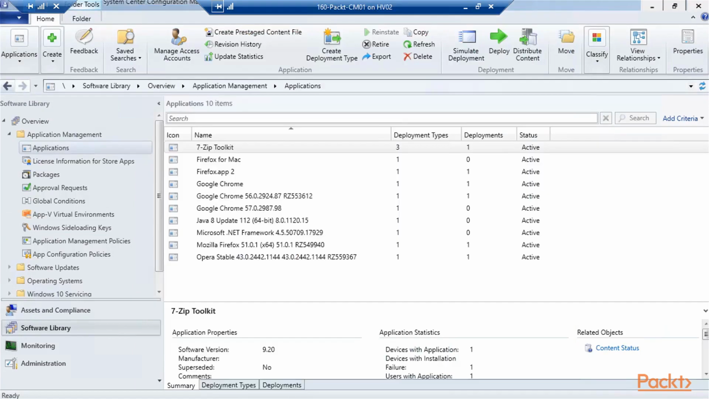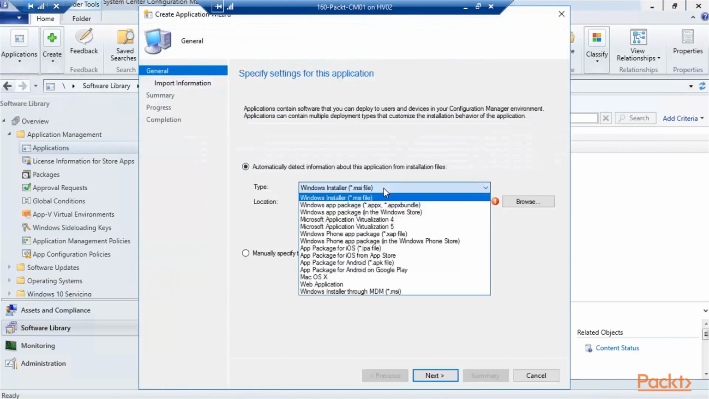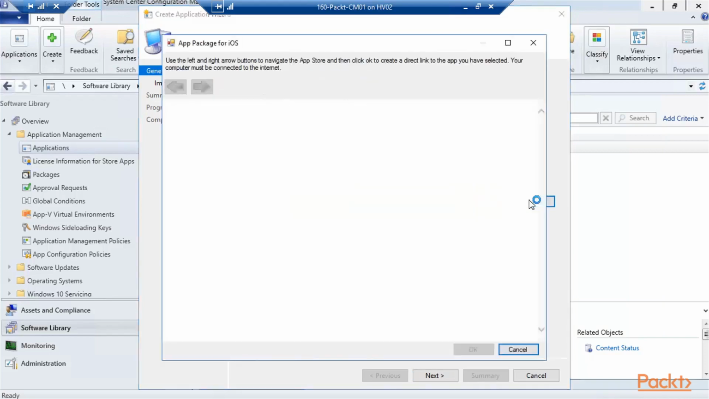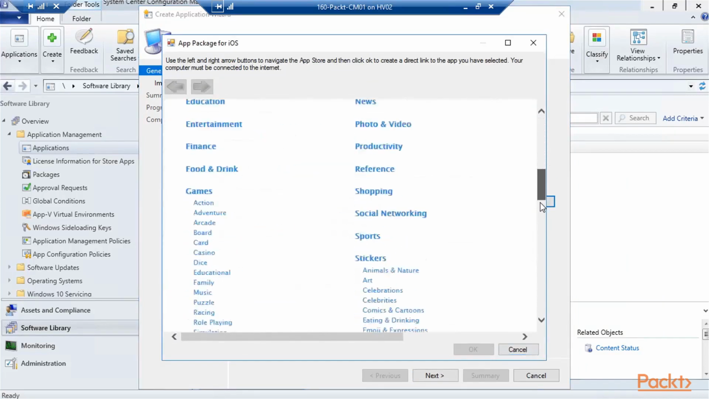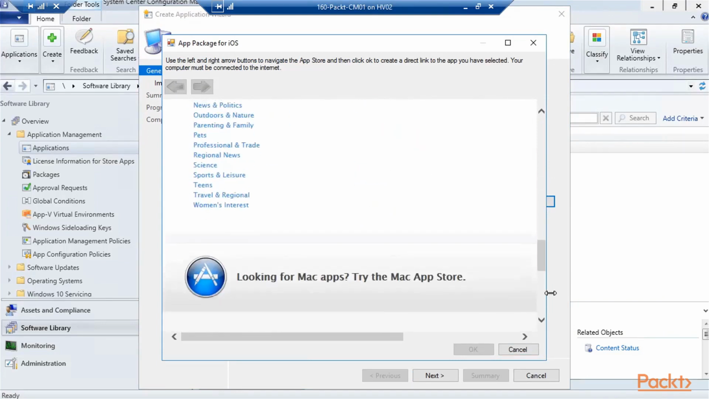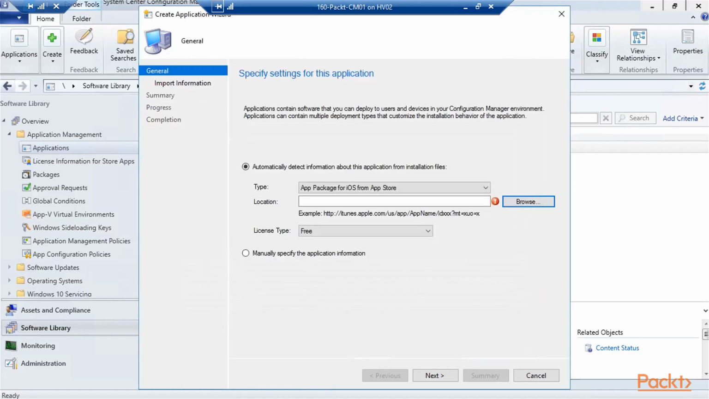In the applications node, we need to create a new application. Here we have a couple of options. We can either create the app package for iOS, which is basically a native IPA file, or we can create an application for iOS from the App Store. Let's choose this one. If you know the URL already, you can add it, or you can click Browse to browse the iTunes Store. This is not really a nice way of doing this. I prefer just using the iTunes